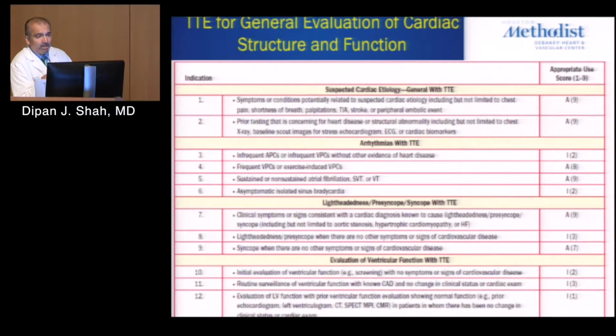Now, if you go to that appropriate use criteria document that I talked about, they have lots of tables like this. And again, remember as I mentioned, an A is considered appropriate, I is considered inappropriate, and then a U is kind of a border zone, it's uncertain. So what you want to say is the ones that are A are the ones which are clearly indicated indications